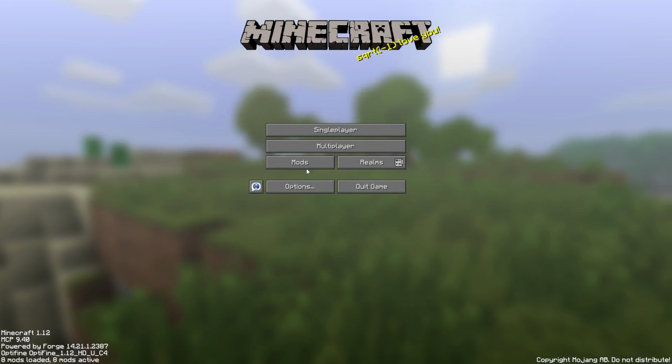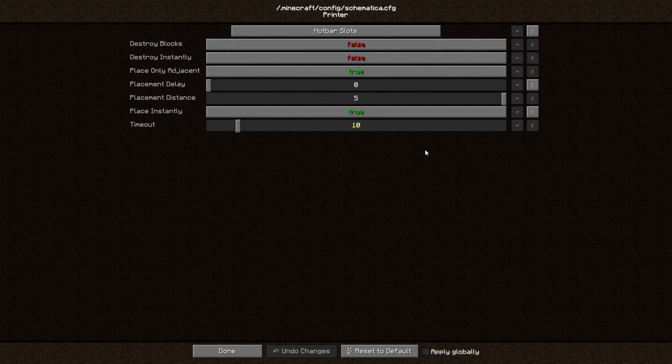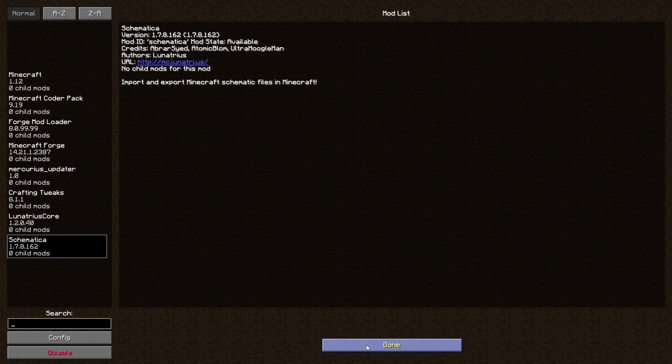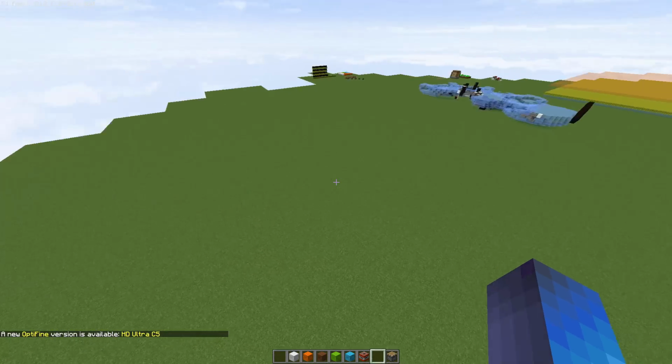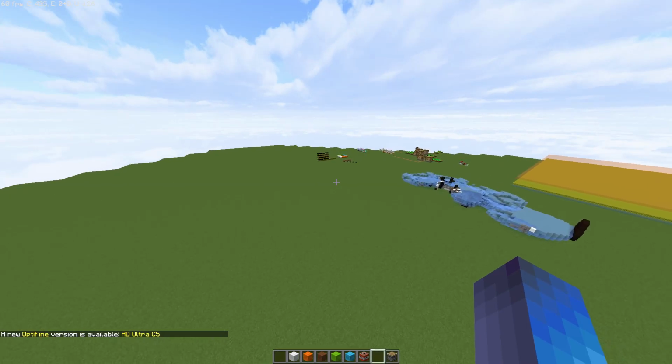Alright, so if you did everything perfectly, you should have Schematica. You should be able to go under mods, and then you should be able to see Lunatrius's Core and Schematica. You should be able to configure it and then have all these options, and you should be good to go. So let's log back into our world and then go into how to set Schematica up, because this is actually what started the conversation with the guys I was talking to,